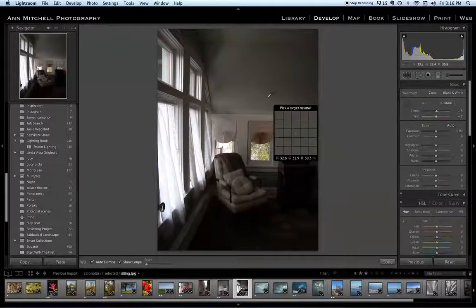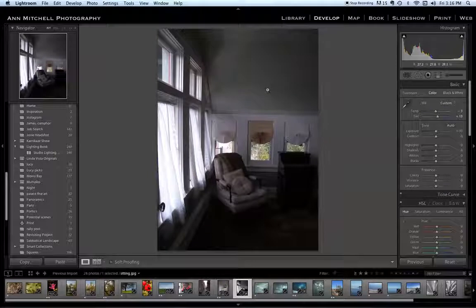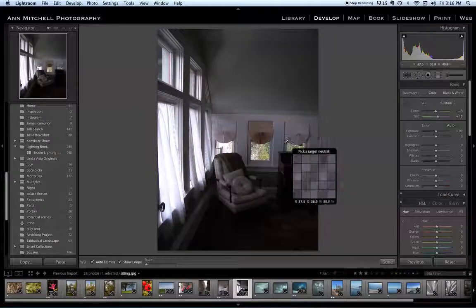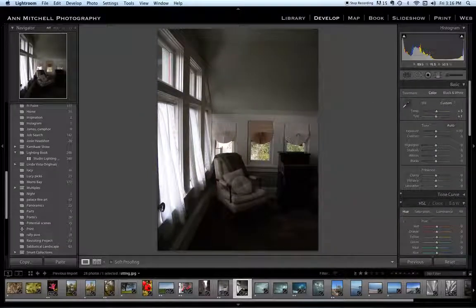Now, if you end up clicking on the wrong place, you can simply go back and re-click, and that's going to give you what is numerically a fairly neutral environment. The next thing is you may decide that you don't like the look of that and you want to warm it up or cool it down a bit, and that's where this temperature slider works.